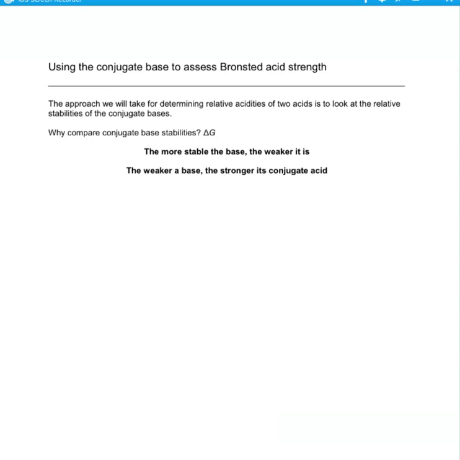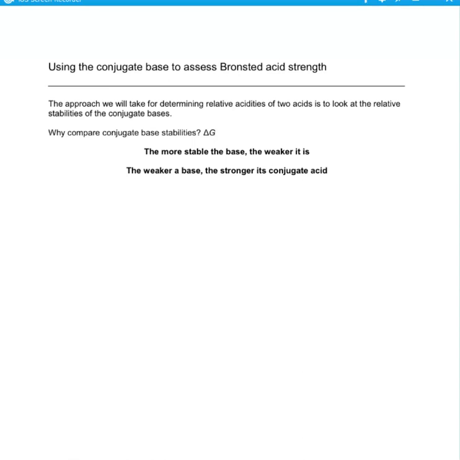Suppose you have a pair of acids or a pair of protons within the same molecule, and you want to compare those two acids or those two potentially acidic protons to figure out which one is the stronger acid. In organic chemistry, the way that we do that is by looking at the conjugate base to figure out the Bronsted acid strength. Assuming that we don't have pKa's, we can use a set of factors and assess the conjugate